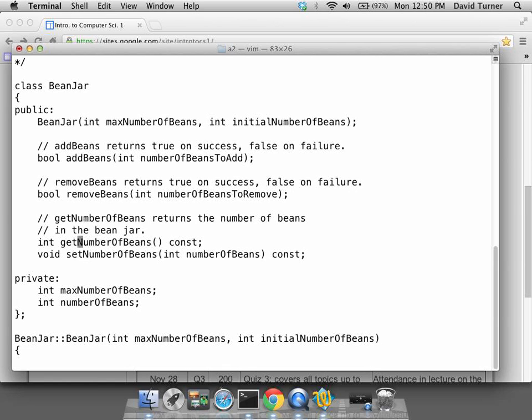And then in languages like C#, you'll see a slightly different syntax where you have something called properties and so on. But I'm not going to get into that. In C++, this would be the typical form. Oh, and this is a mistake. Look at this. Const